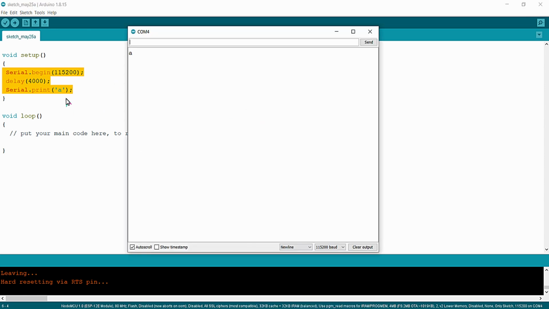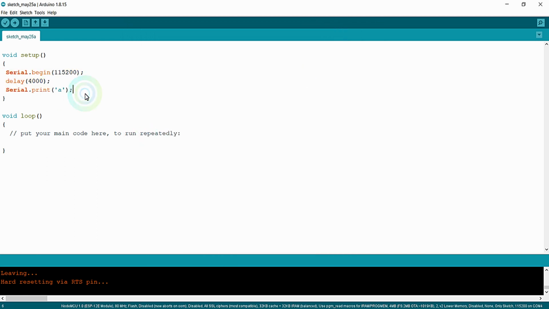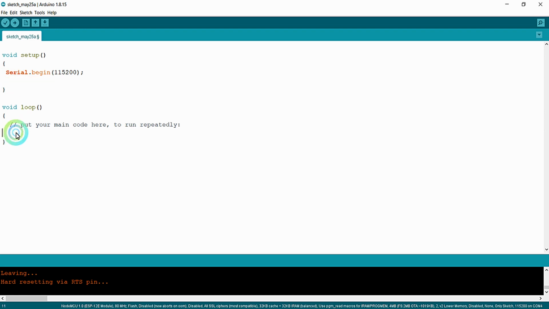And if you are writing this inside this void loop, this transmission happens every 4 seconds until the microcontroller is stopped. Let us test that. I'm just pasting this inside the void loop. As I said, this is the configuration part which will be executed only once in the lifetime of the program, and this is the infinite loop. So this happens again and again.